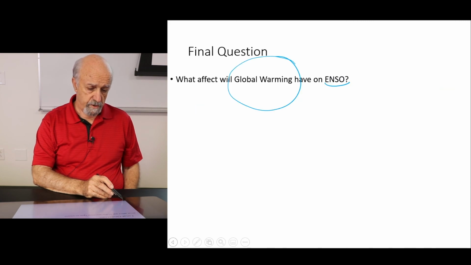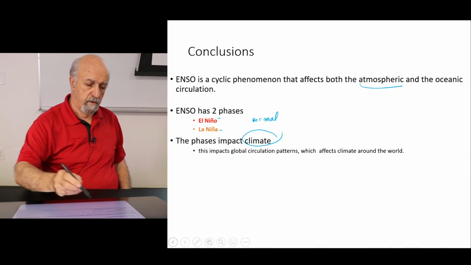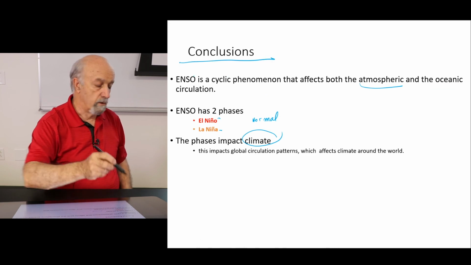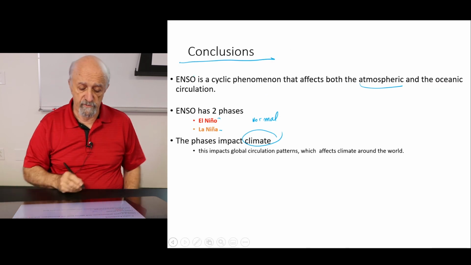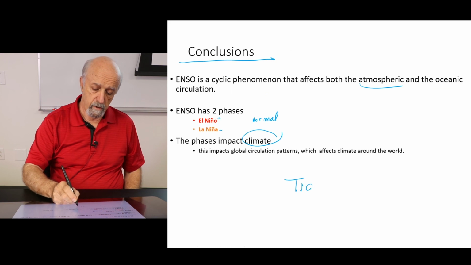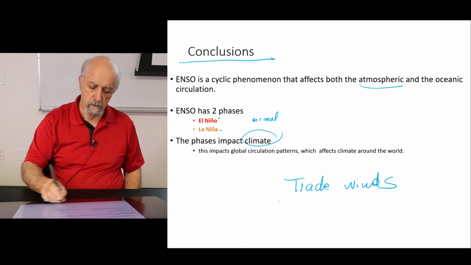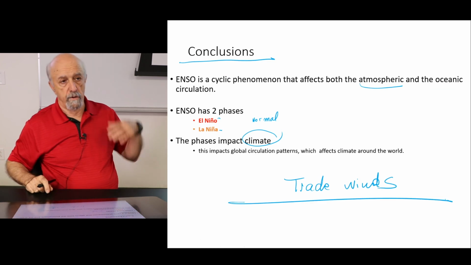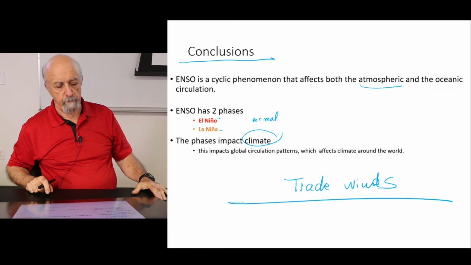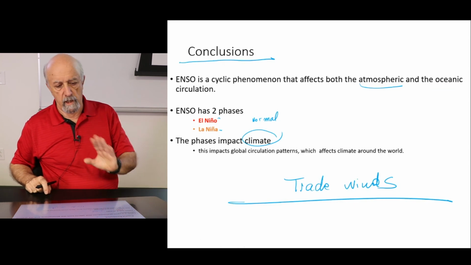But in fact, just rounding up, in conclusion, if you had to define El Niño southern oscillation, this is well defined by the trade winds. If the trade winds are stopping or being weak, El Niño will be happening.